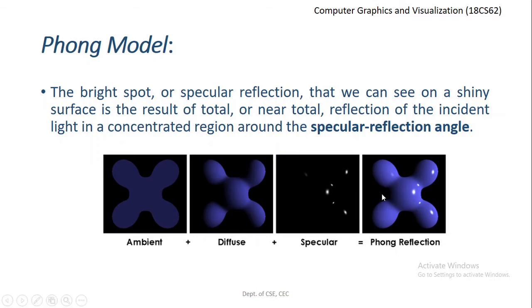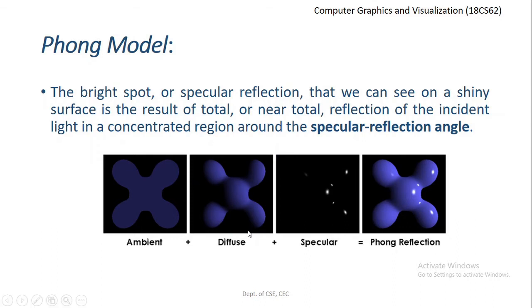So when we are talking about the Phong reflection, we take into account the ambient light, the diffuse light as well as the specular. In the previous explanation, we saw what ambient light means. As we had discussed earlier, the ambient light is uniform throughout the entire surface. As you can see here, there is no variation in the light intensity for a given ambient light. It is equal for all the points on a given surface. There is no variation because it is independent of the surface orientation as well as the viewing angle. So this is the ambient light.